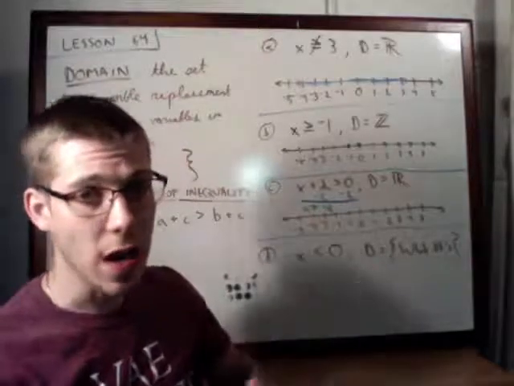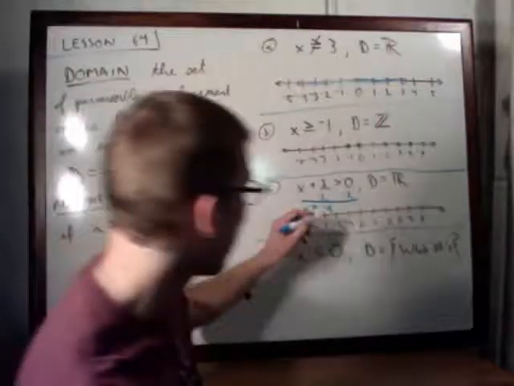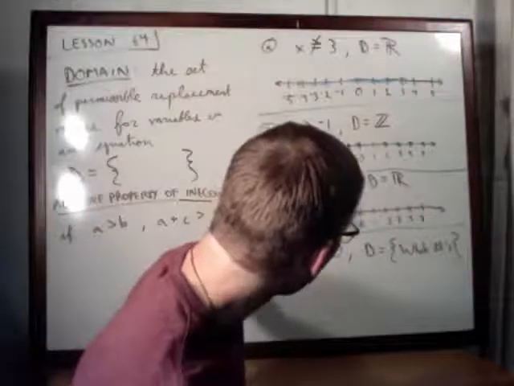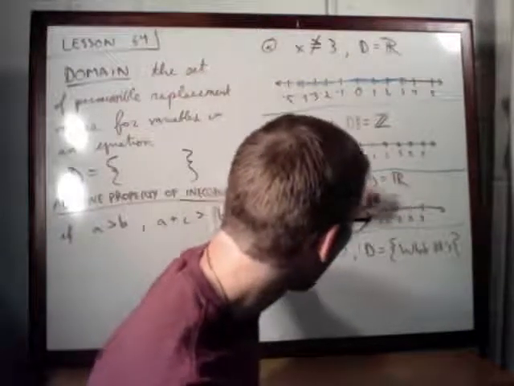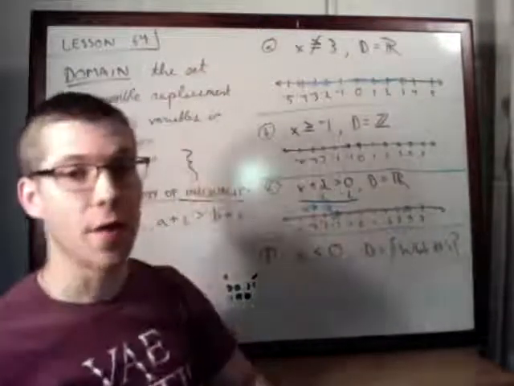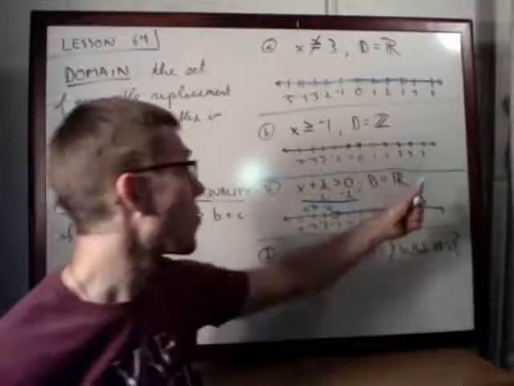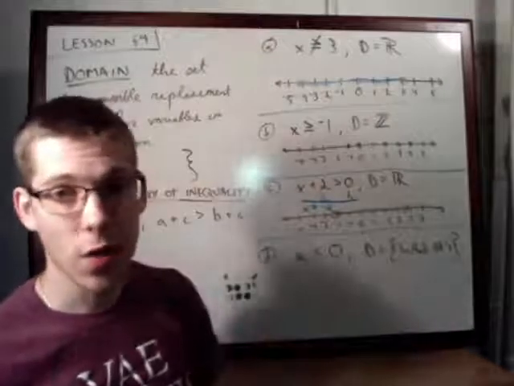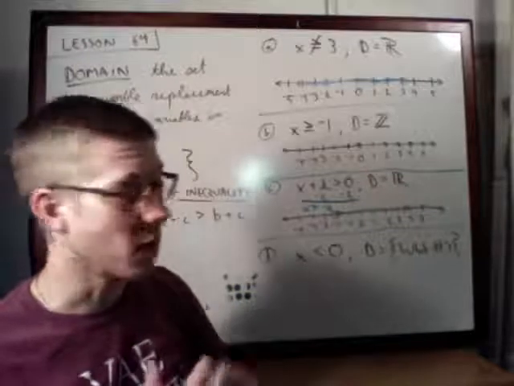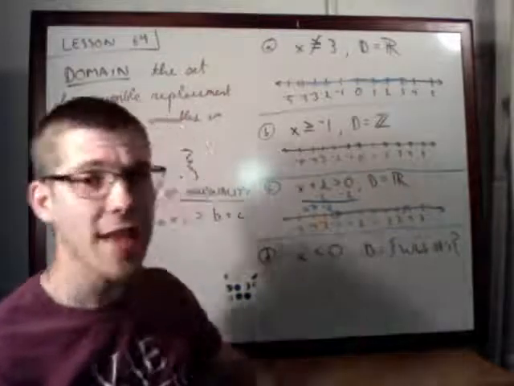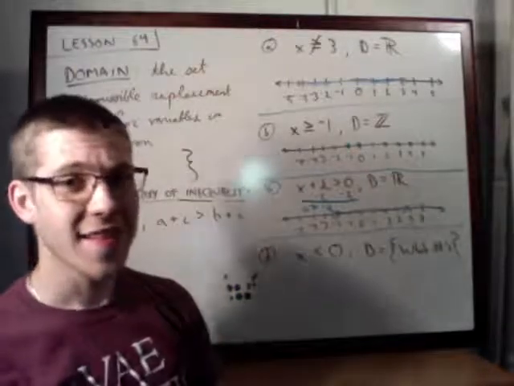Then we just graph it the way we would any other thing here. So a circle on that -2 and then a line going to the right forever. Notice it is a line here because we're talking about real numbers and not whole numbers or integers or anything else. Last example. x is less than 0,